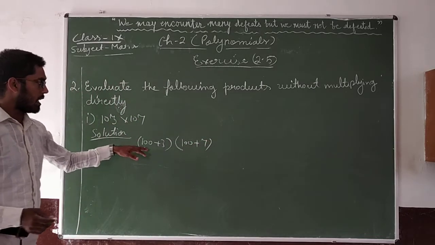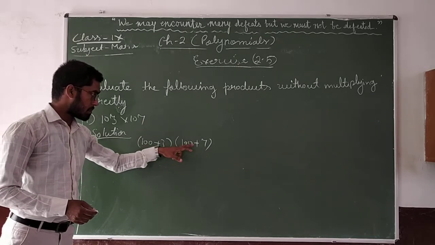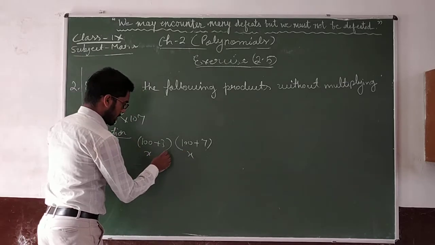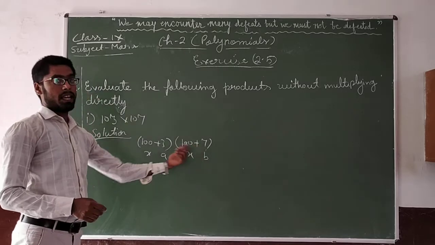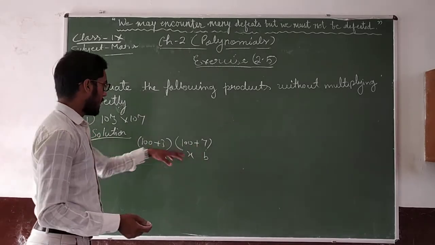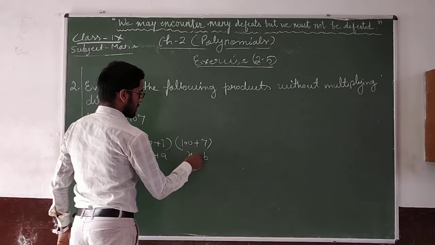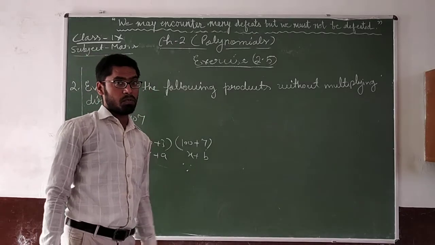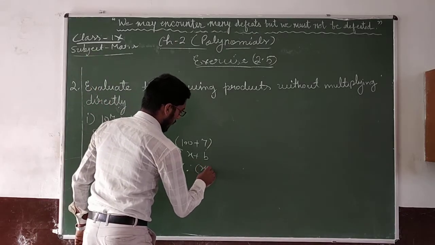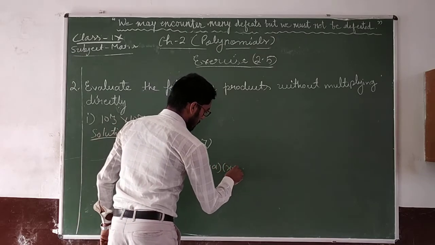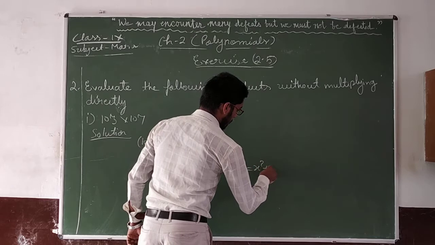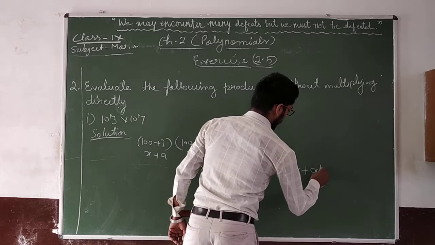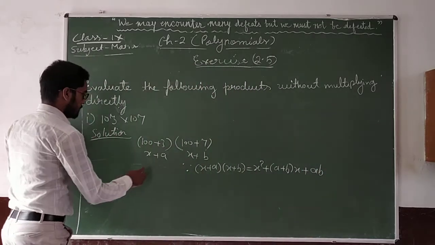Okay. So now you can see this is x plus a, x plus b. It is x, and here is also x, and it is a and it is b, because a and b are both different. Okay, that's why I have written a and b, and x plus a and x plus b. So I think one identity is being recalled by you. What is the identity? Identity is x plus a in one bracket, x plus b in the other bracket, then it will be x square plus a plus b into x plus ab. That is your identity. Okay, use it.